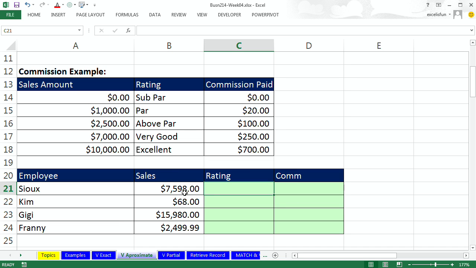Now, approximate match. Well, just imagine if you were the VLOOKUP right here, if you were looking up 7,598 and it was exact match, it would find no match. But luckily, we can do approximate match. Here's what VLOOKUP would do. Takes the number in its brain, it races through the first column of the table, and when it bumps into the first number bigger, it jumps back a row. And that's how it knows which row to get the data and bring back to the cell. So for Sue, the rating would be very good. The commission he earned would be